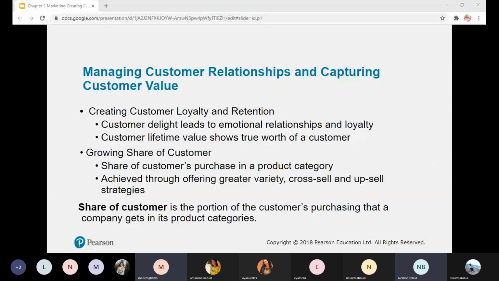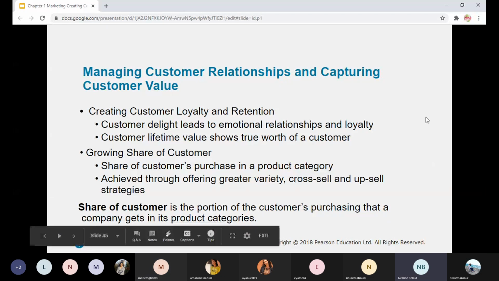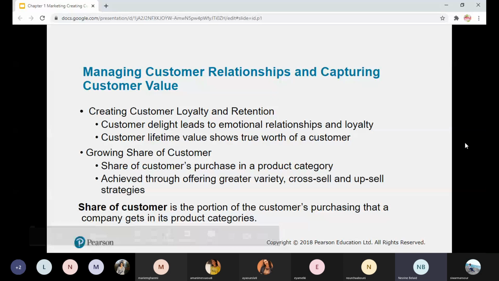Okay. So this is how we try to increase the share of customer. Share of customer, I mean the portion of the customer's purchase that the company gets in its product category. I always look to increase the share of customer. For example,